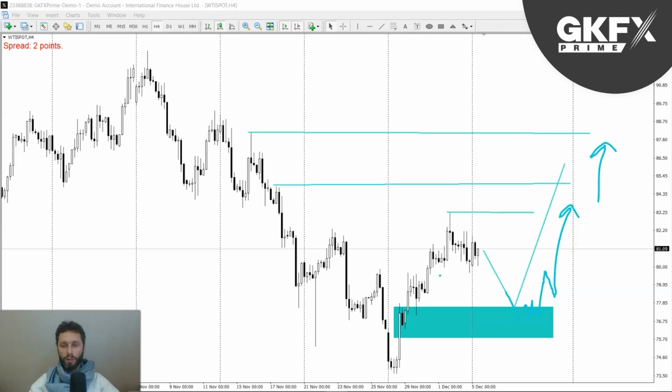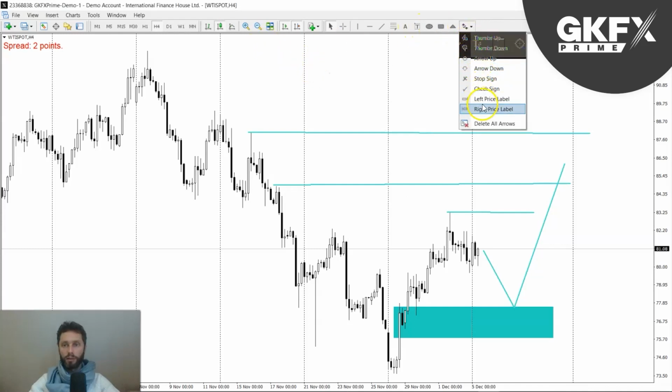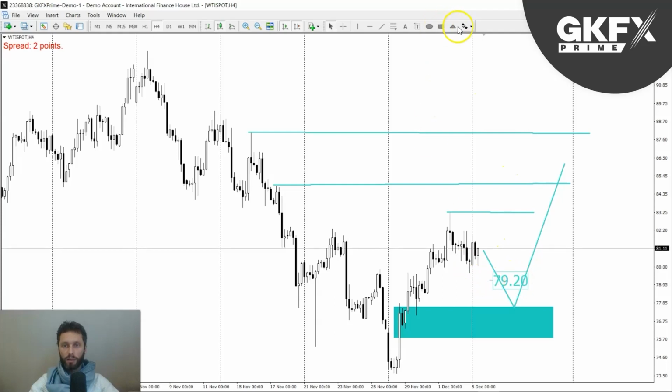I've got this area down here. That's also interesting. I would much prefer this much lower area down here, because that is the much cheaper price and much better risk to reward trade there. Let me just put a quick label for you. So one idea is here, and then another one would be down here, and then